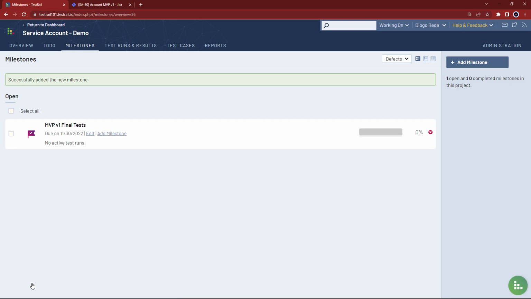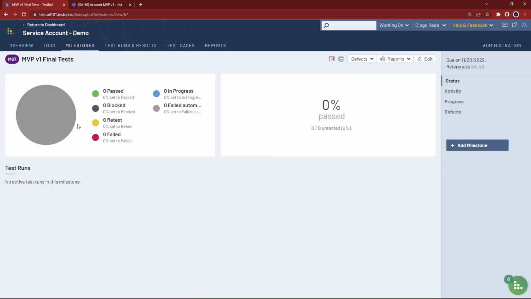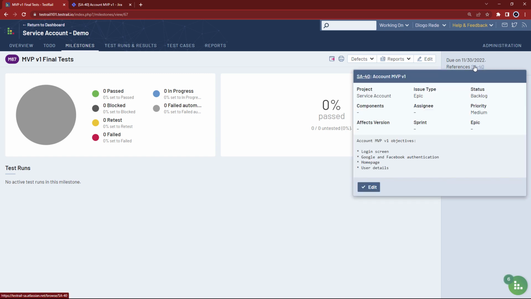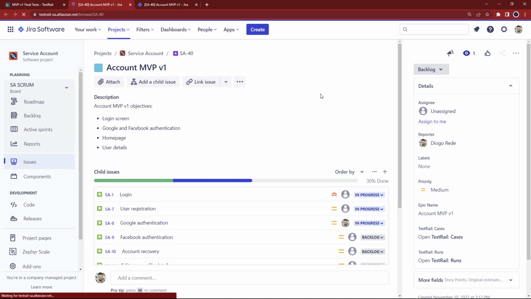We can see it displays progress information, but so far no test runs or plans have been added to it. Also notice the reference to the epic on the right-hand side. By hovering over the reference, we can quickly see the information fetched directly from Jira and even edit those details. By clicking on the reference, we are redirected to Jira, so we can see all the user stories we're targeting